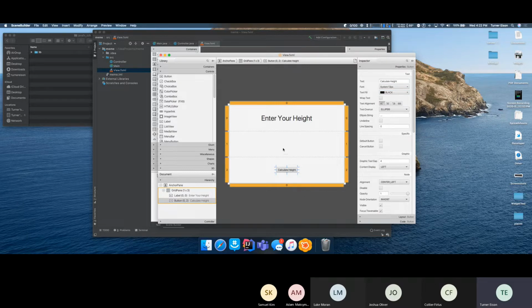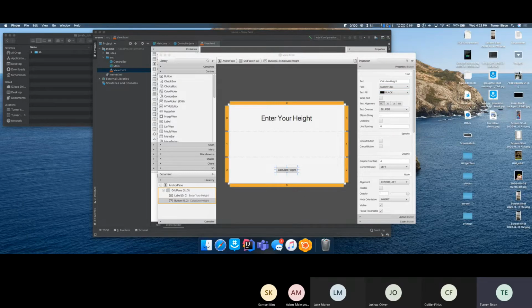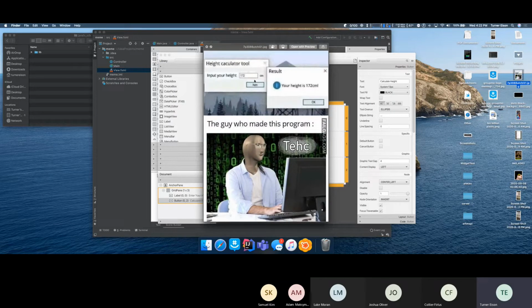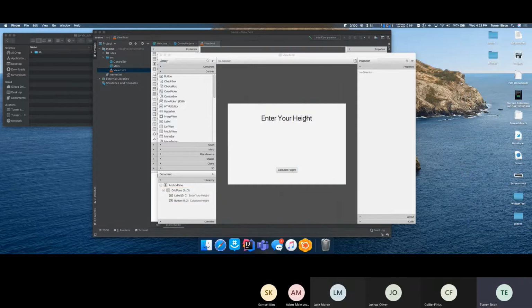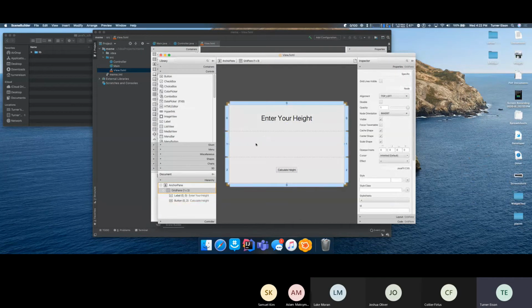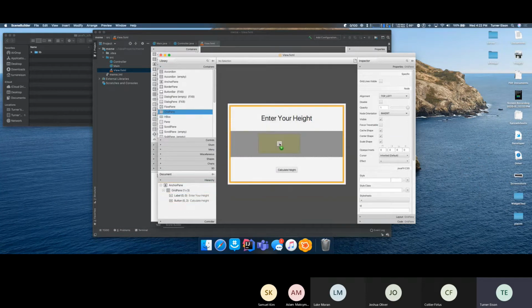So, awesome. Now, if we take a look back at our meme, we see here that this meme has the text field where the user inputs text next to where it says centimeters. So it kind of looks like it's a unit attached to that. So that's what we're going to do. We're going to put things left and right from each other. So in this center row here, we are actually going to want another container, another grid pane,